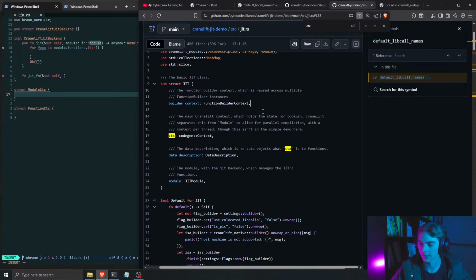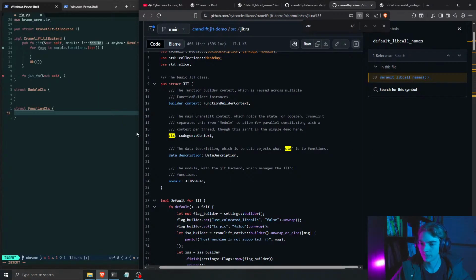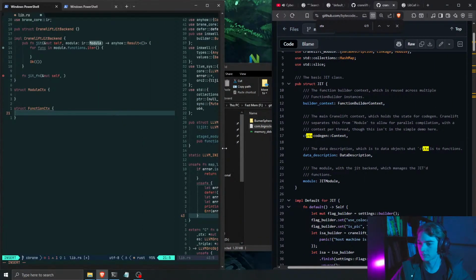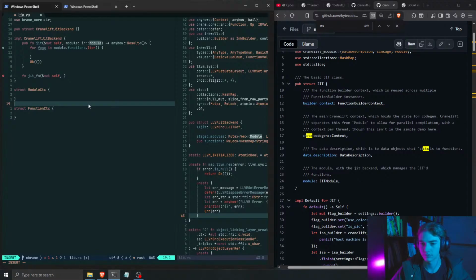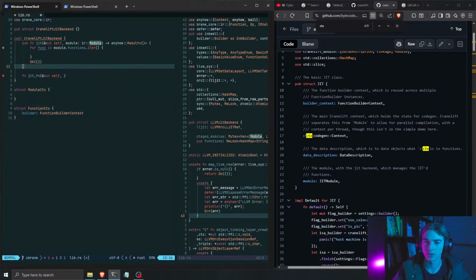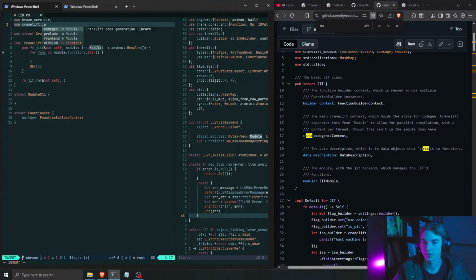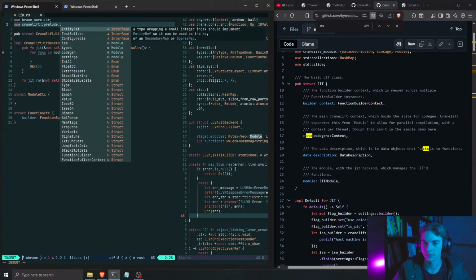So in function context, we're going to have builder, so we're going to use Cranelift prelude,